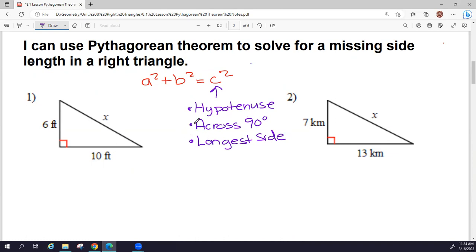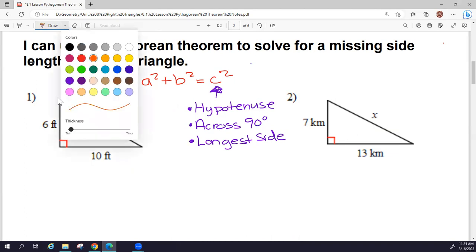And so you might be really good at manipulating the Pythagorean theorem to solve for a missing side, which we're going to do. And you might do a bunch of really good math, but the one place where it's easy to make a mistake, and I'm going to hopefully coach you out of making that mistake, is not putting the numbers in the right spot. And specifically, the hypotenuse value is what we have to get right because it is the special length. And so let's look at this first triangle on number one.